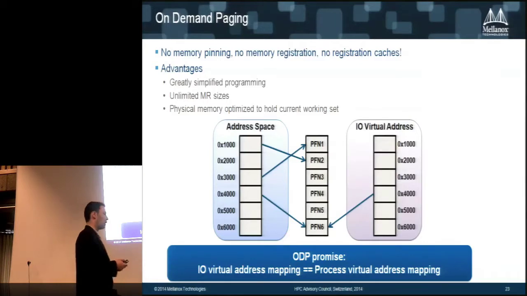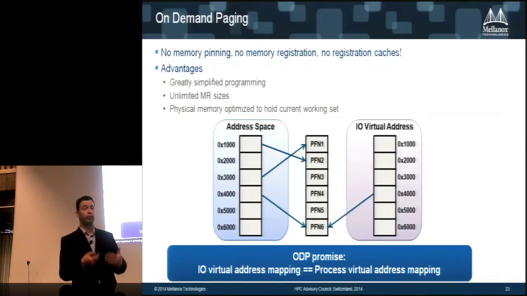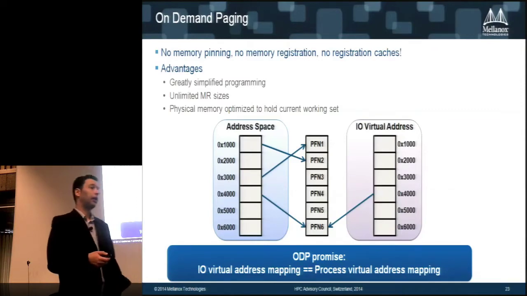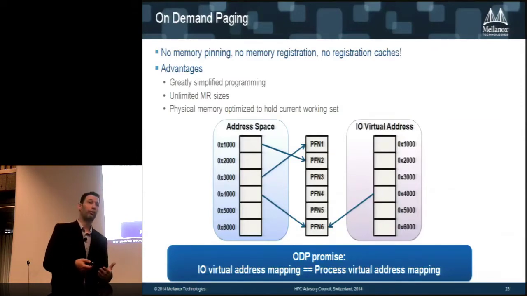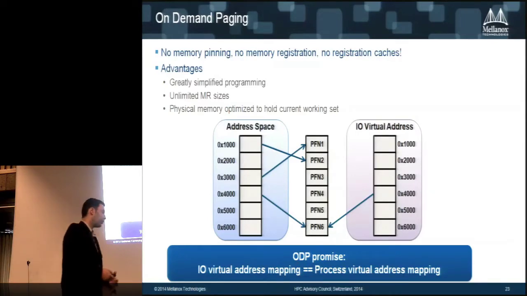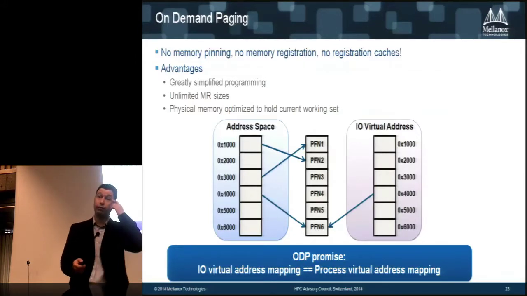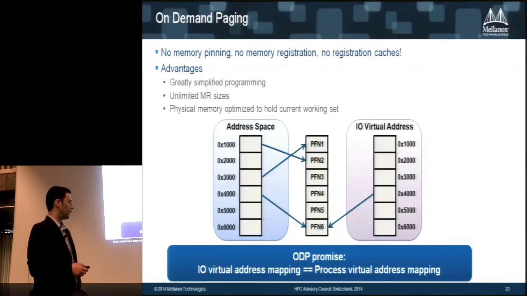But the thing is that this registration and pinning gives some overhead. First of all, because it's an expensive operation, there are many implementations that implement a registration cache to avoid the overhead of needing to map that again. And also, once you start running into memory pressure in the machine, you need to start releasing data and so on. And aside from that, there are other potential issues around fork and other things like that.